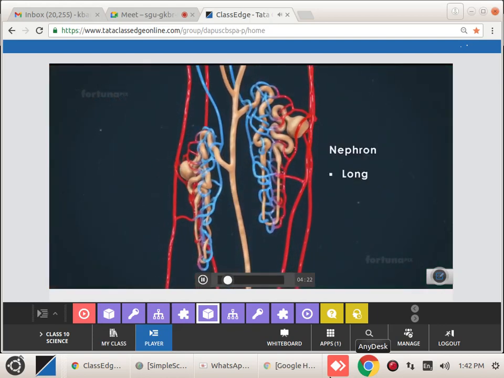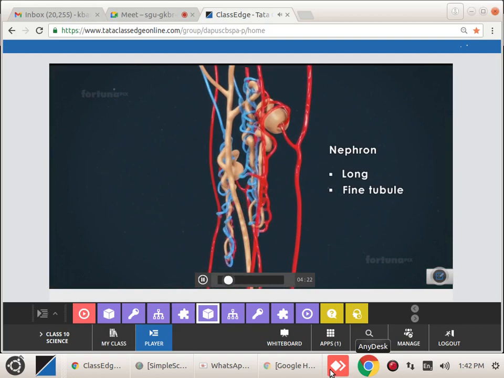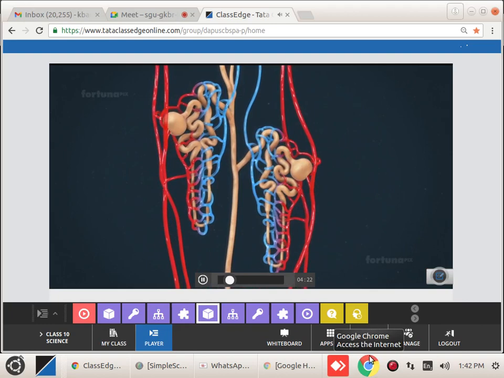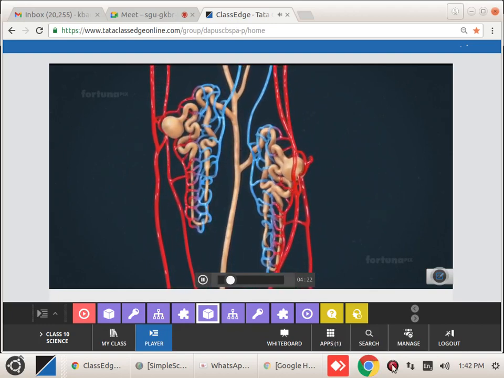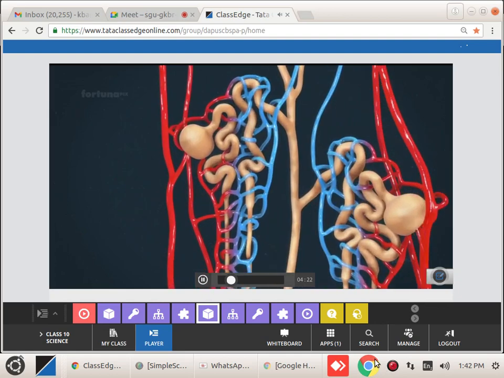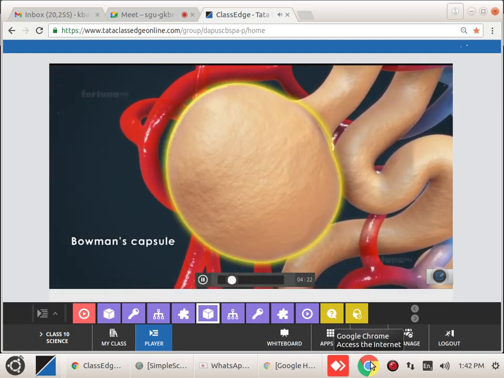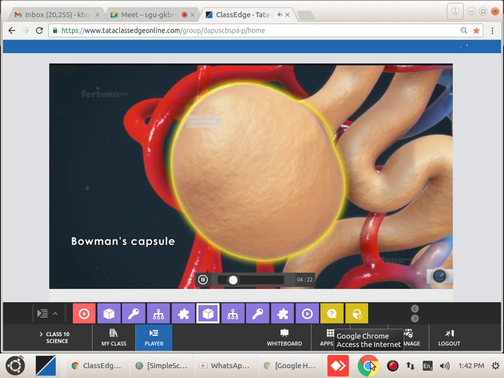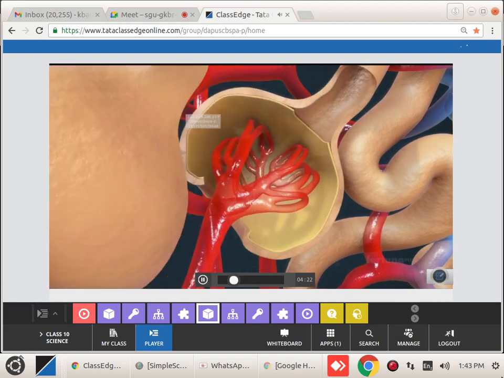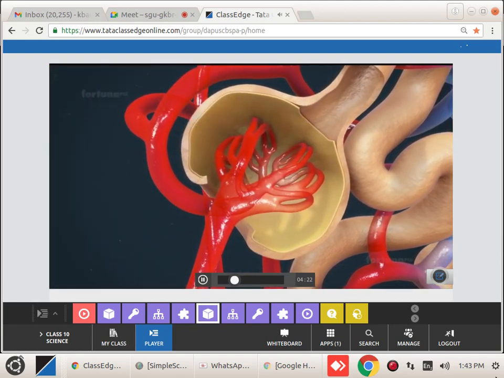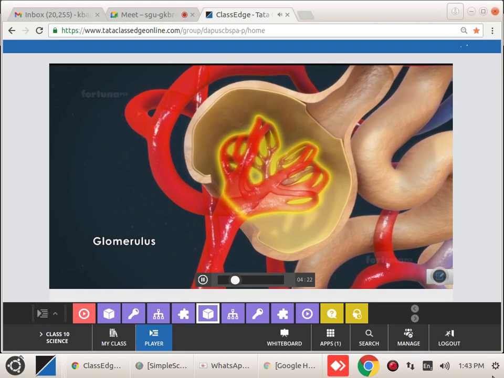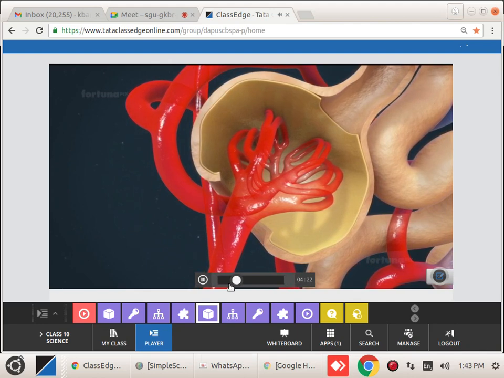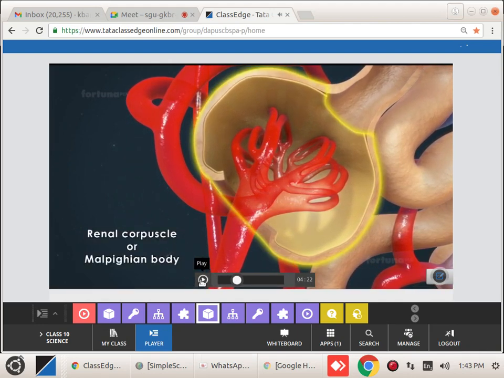Each nephron is a long, fine tubule, about 30 to 55 millimeters long, one end of which is closed and folded into a double-walled cup-like structure known as the Bowman's capsule. This capsule is located in the renal cortex. Inside the Bowman's capsule is a cluster of microscopic capillaries known as the glomerulus. Together, the Bowman's capsule and the glomerulus are known as